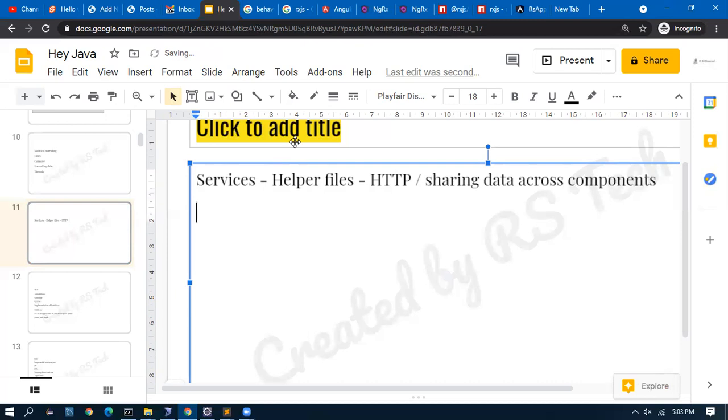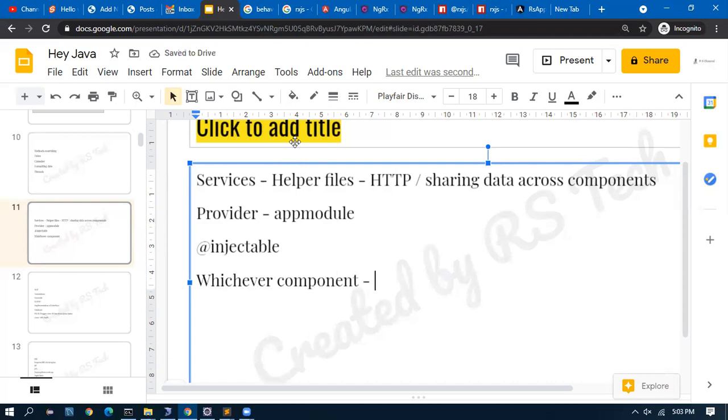To use the service, we have to give it in the provider section in app module. The service will be injectable, and wherever we want it, we have to inject it in the constructor. These are the four steps we have to remember. This is a one-time configuration of a service.